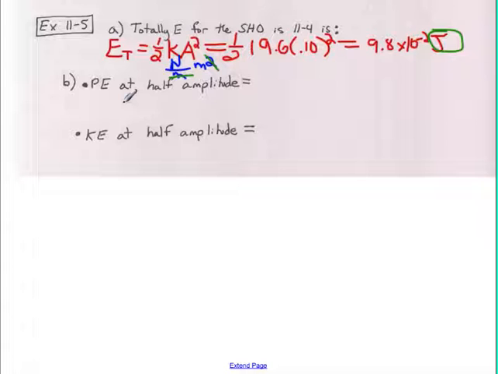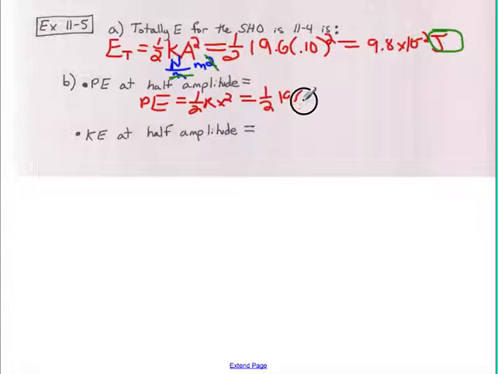Part B says, okay, what about a half the distance again? So they're interested in half the amplitude, and what's the potential and the kinetic there? They should add up to the total that we calculated at the end because energy is conserved, right? So what is the potential energy at half the amplitude? Well, remember, potential energy was just half k x squared, except x is no longer A. So at half that, it's going to be half